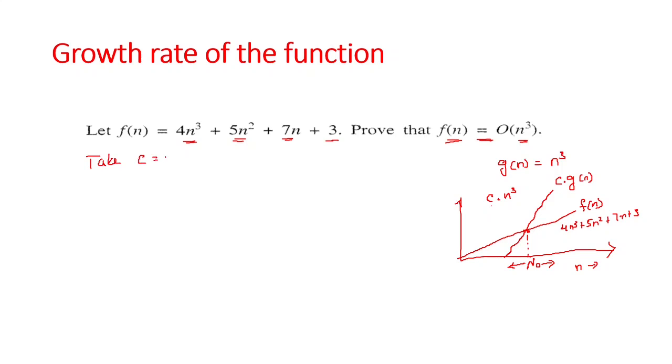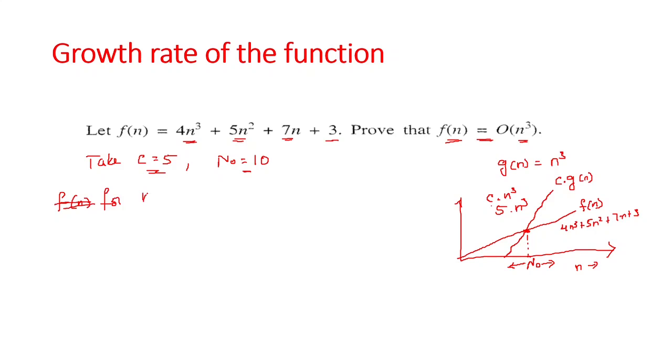c is equal to 5. So this becomes 5 into n cube. Now I have to identify the n naught value. Let me take it as 10. Now if I take c as 5 and n naught as 10, which is a threshold value actually, then let us see what happens. Then f of n,